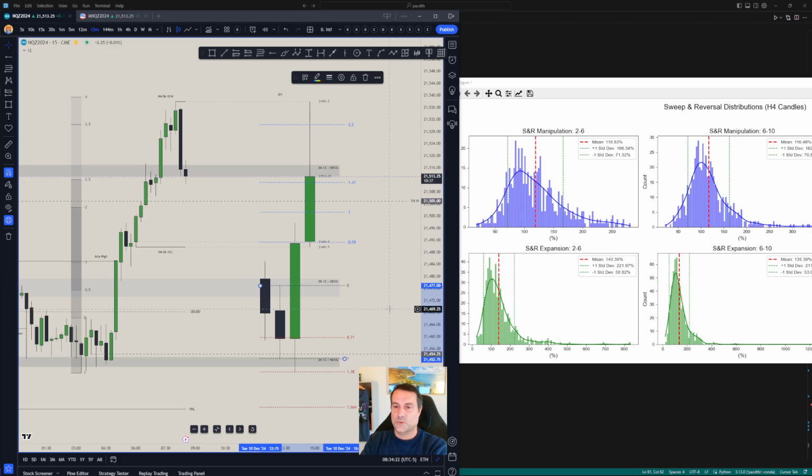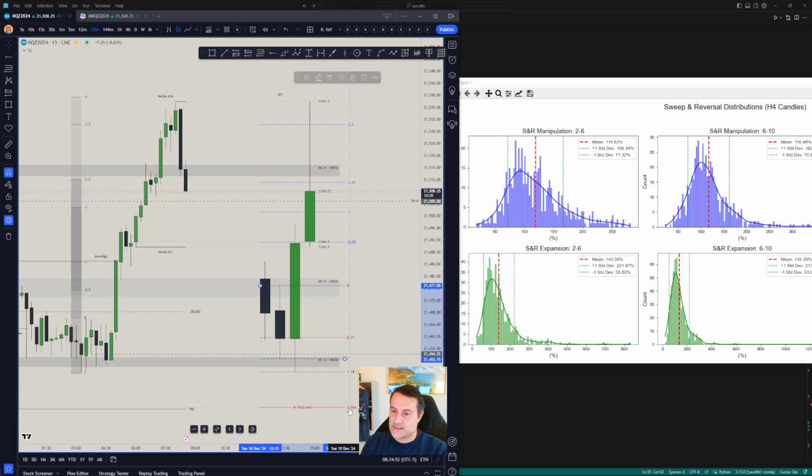So when the 2 a.m. to 6 candle sweeps, and then you expect it to reverse, you can expect it to touch. We want to add that the 118 is the mean manipulation. So we got 2 to 6 mean manipulation,